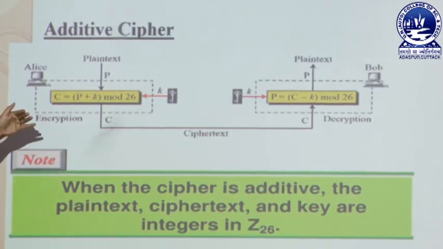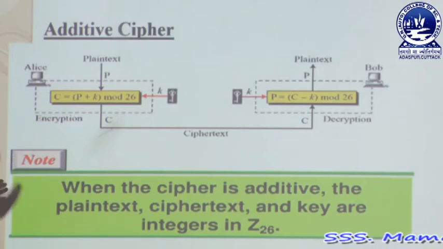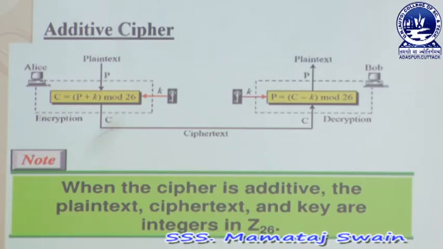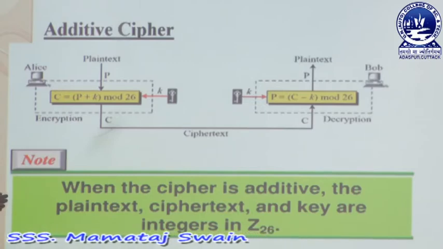Before this cipher text reaches Bob, there is decryption. In the decryption algorithm, we have to find the plain text. Here we take the cipher text and subtract the key value from the cipher text, then calculate the mod 26. After that we get the plain text.